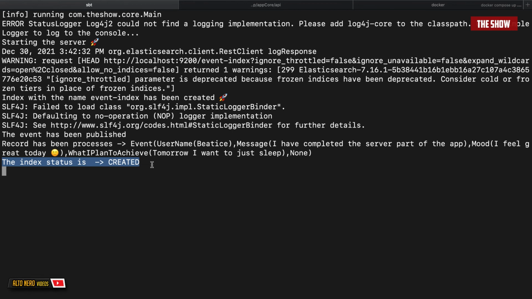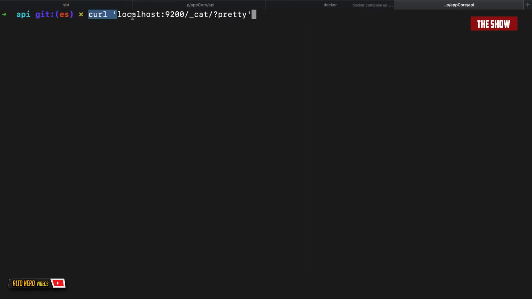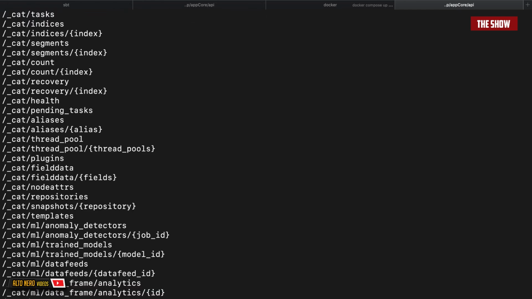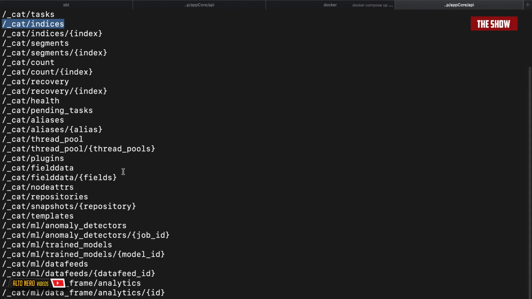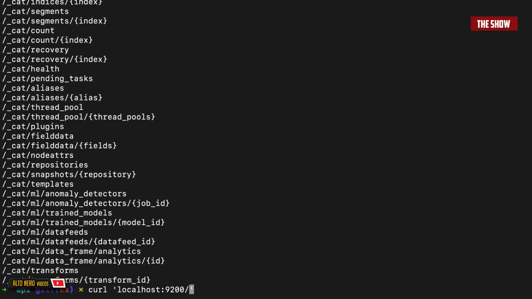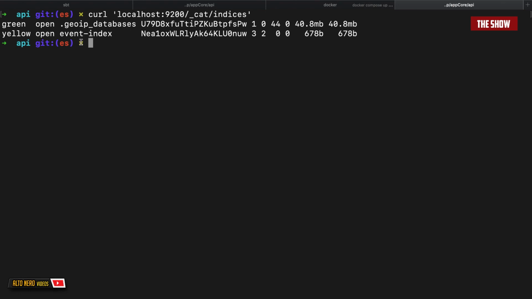Let us query Elasticsearch and let's see if we can actually find this index. So I'm going to send a curl request to the Elasticsearch endpoint _cat. Then I'll pretty print that to the console. And as you can see, we can check all the indices using this command. So I'll send another curl request, but this time I want all the indices in the Elasticsearch cluster, and as you can see, I've got the event index and it says that the status